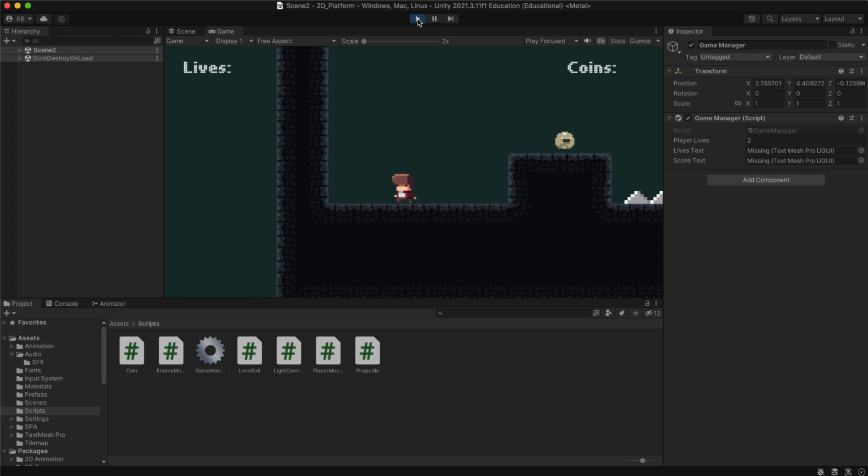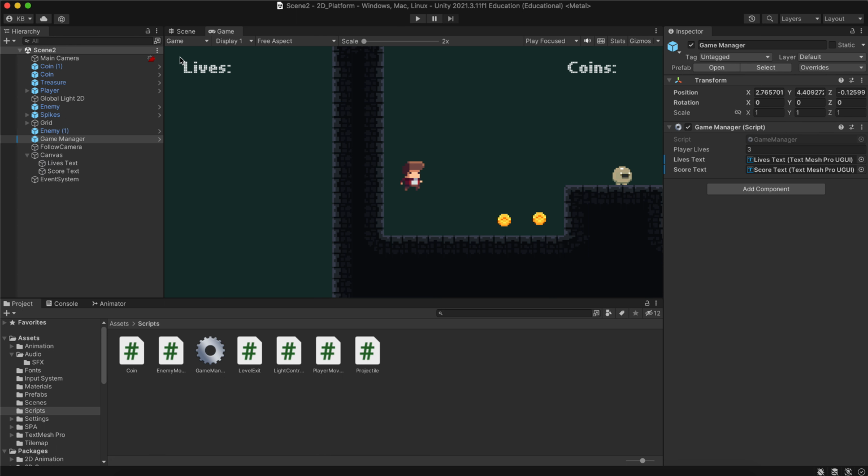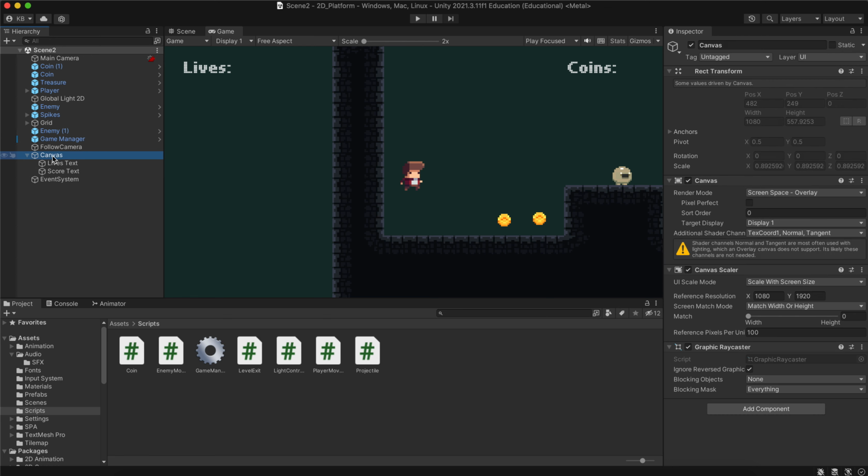Cool, so what we need to do here is that lives isn't consistent, so we die and it kind of reverts itself back. So within the hierarchy, we need to make a canvas a child of the game manager, because the game manager is persistent all the way through and isn't destroying anything. So if we go to our canvas and drag a canvas into game manager now,